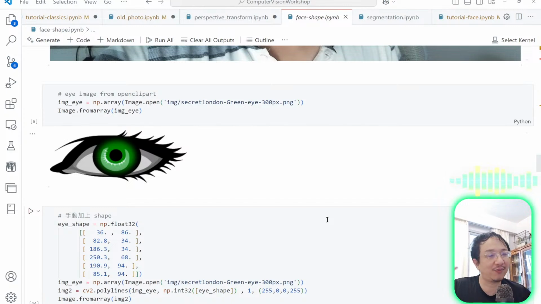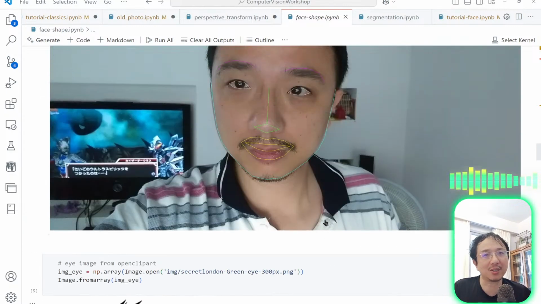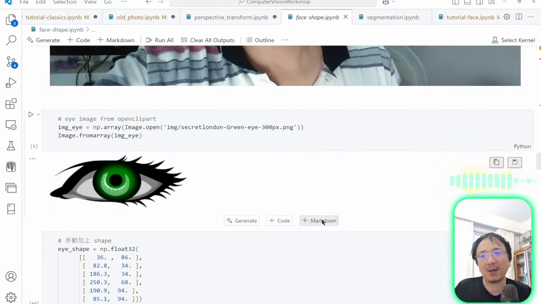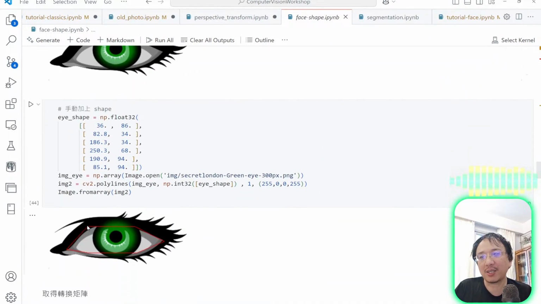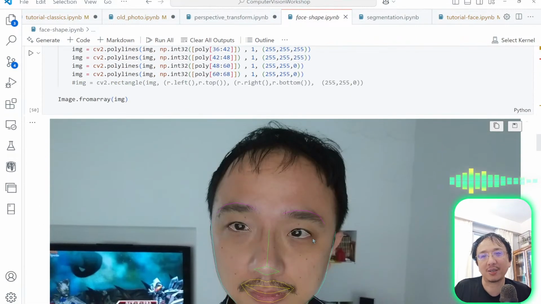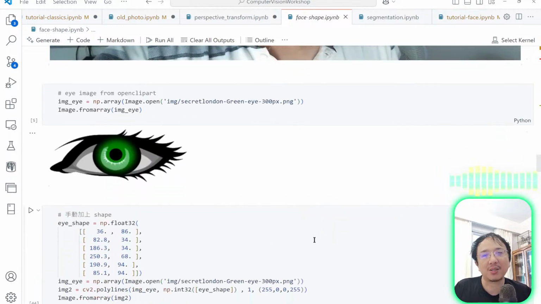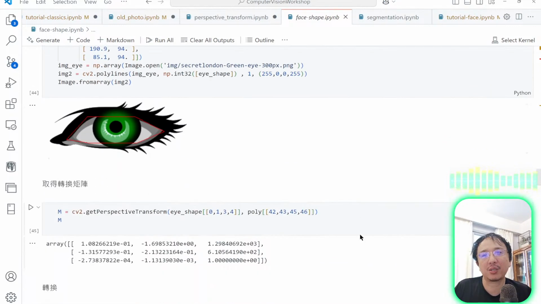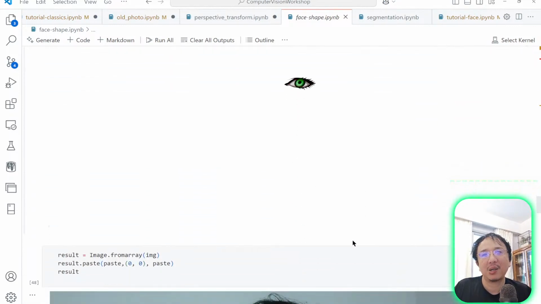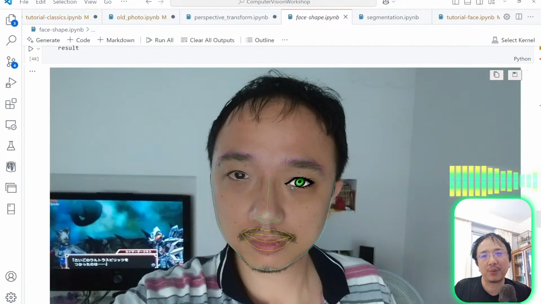If I get 4 or more points, I can map them. You can see that this one is done manually here, and I got these coordinates, so I can map these coordinates to the detected coordinates, so I can stick these images on the eyes in the correct position right here